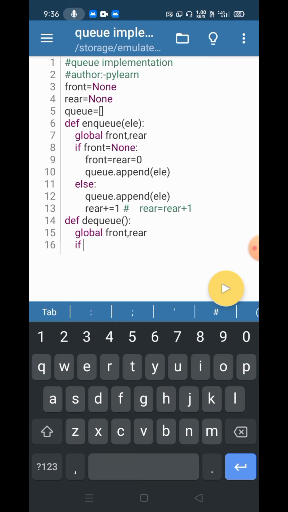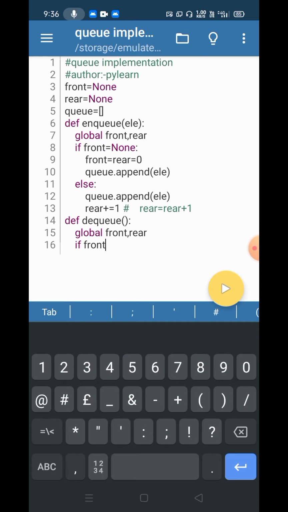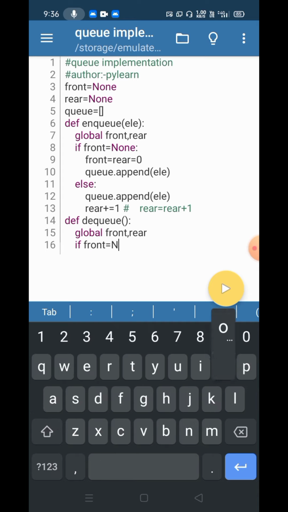Now if front equals None, front equals None means there is no object in the queue, and still we are trying to remove an element. So there will be a situation called underflow.